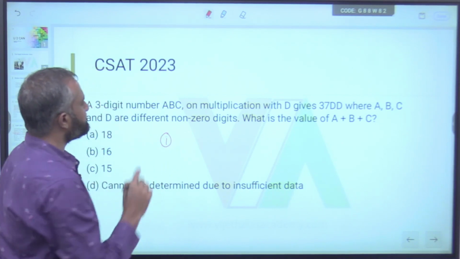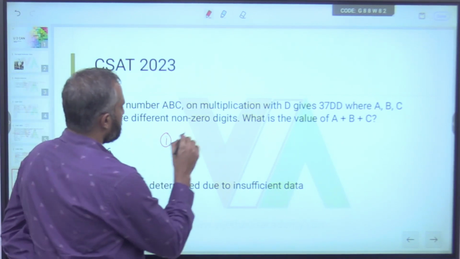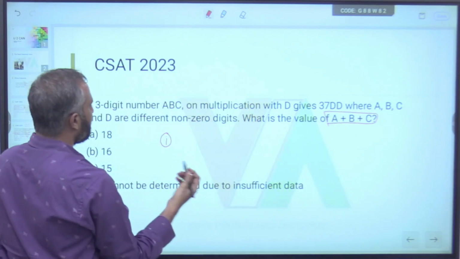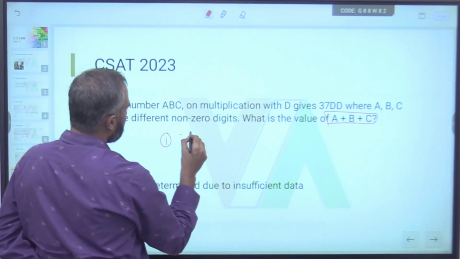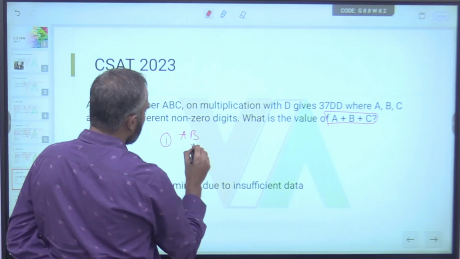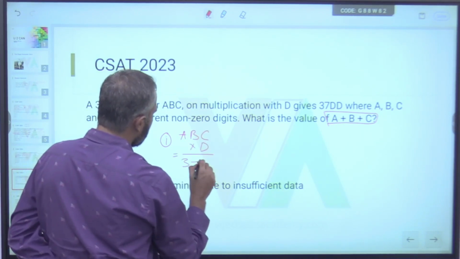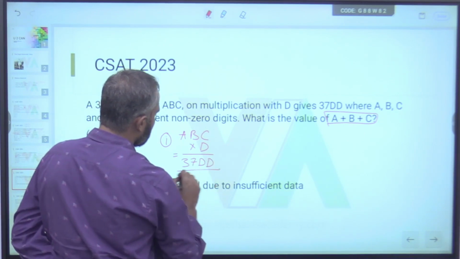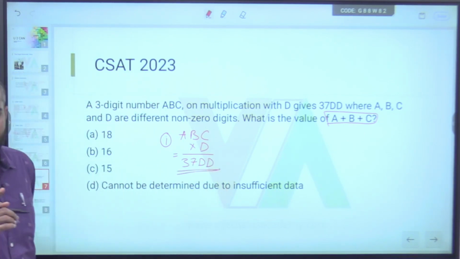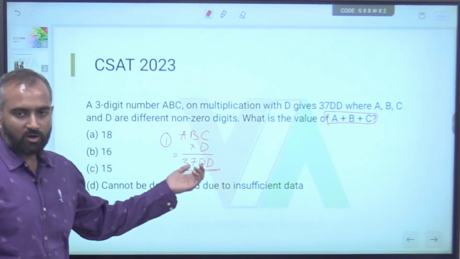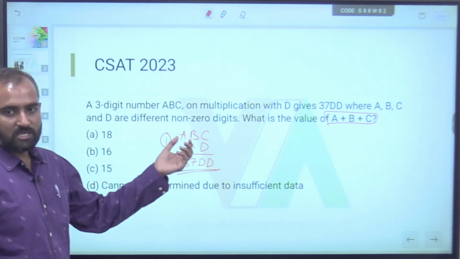Now, what has he told us? He needs the value of ABC, and for that what has he given us? He has told us that ABC into D gives you 37DD. Now it becomes difficult. Now you understand why I asked you to focus on principles, because if you want to go into specifics,